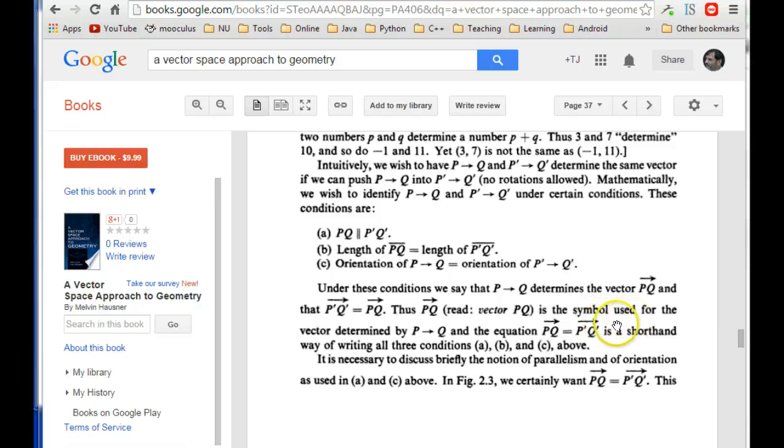So let's see. Oh yeah, we need to talk a little bit about this parallel business, what that means, what he's talking about with that. Because he takes it to mean something a little more inclusive. So we saw,